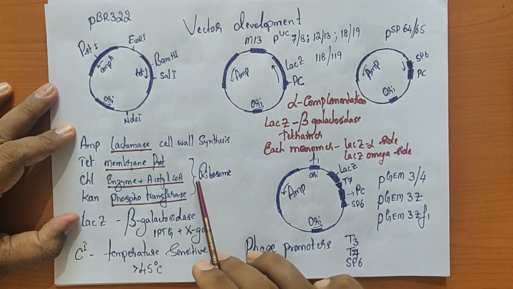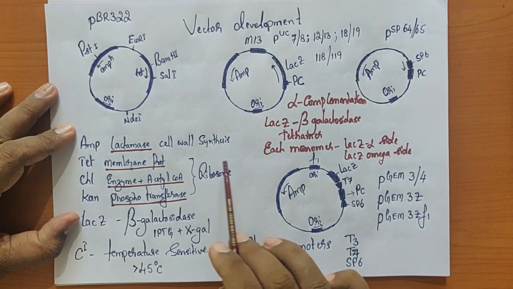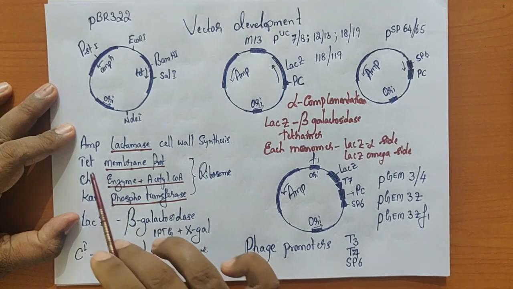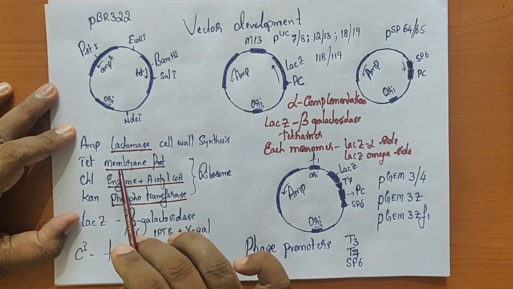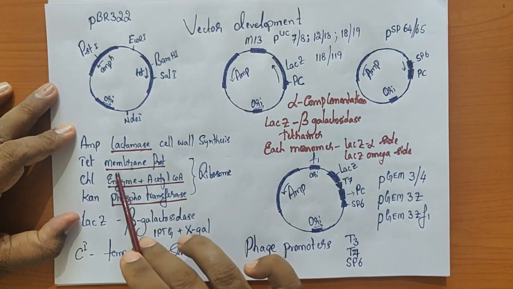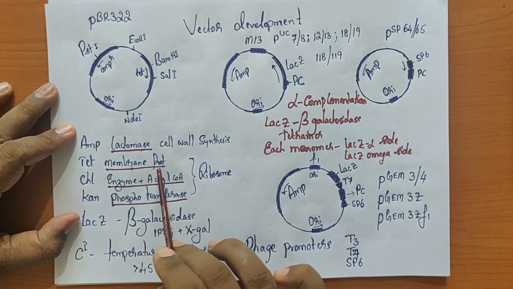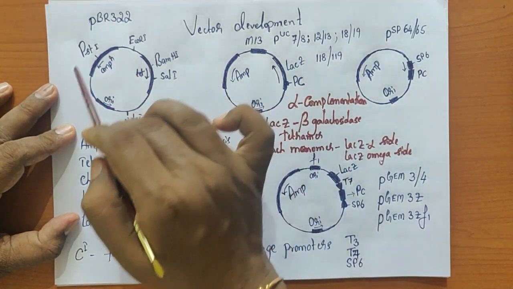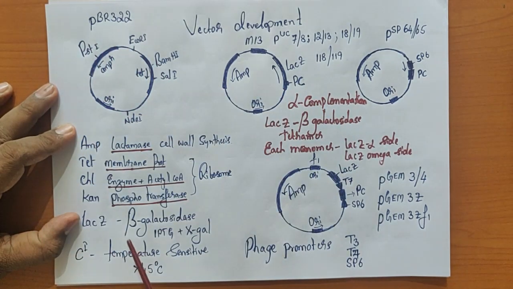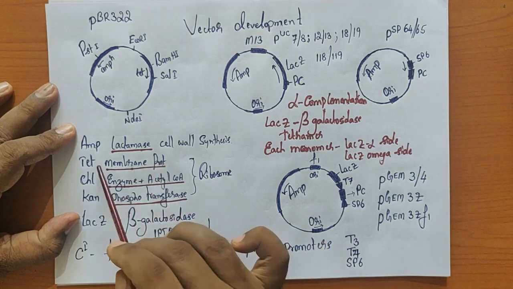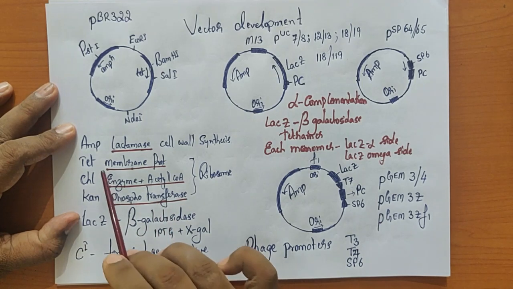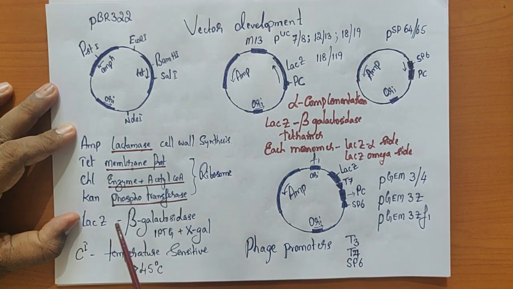All of them will bind to the different subunits of the ribosome and interfere in the protein translation. Whereas in case of a tetracycline resistant gene, it again produces a transmembrane protein. Now this transmembrane protein is going to be incorporated into the host membrane. So now this will not allow tetracycline to enter into the cell, so that it will not interfere in the ribosome binding. So again it has to produce a protein.